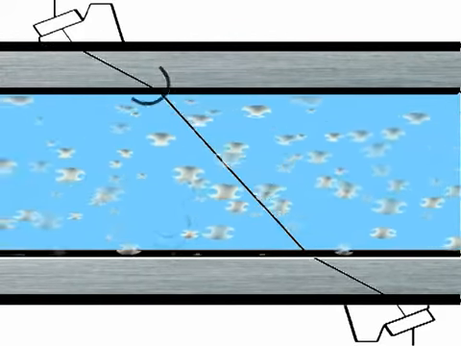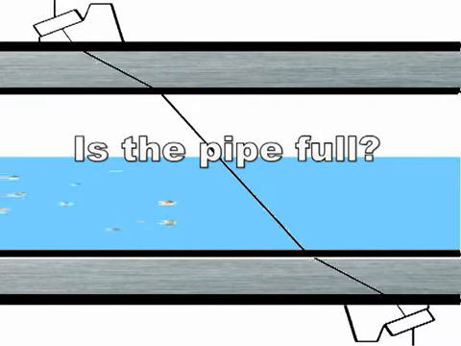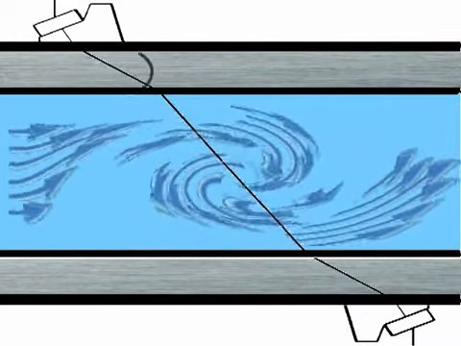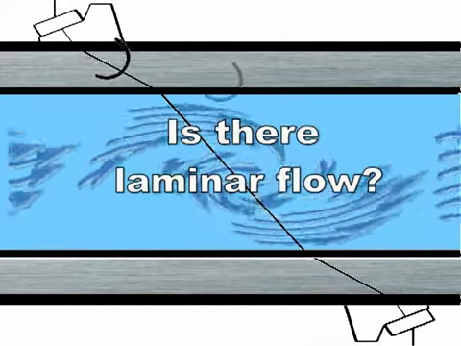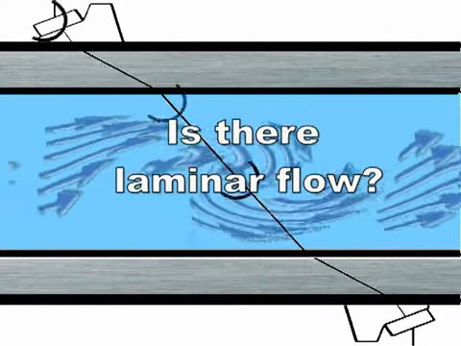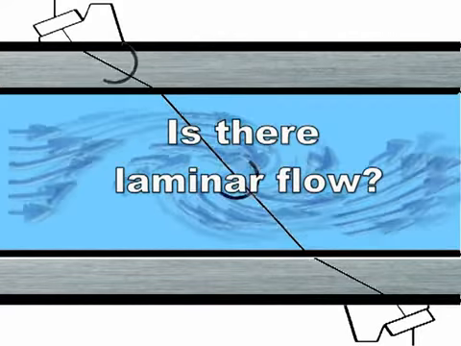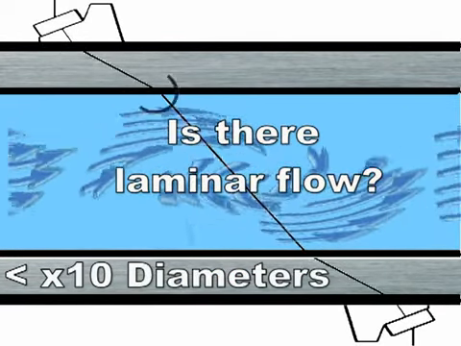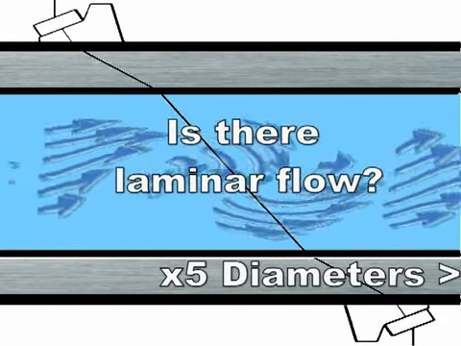Therefore, we need to know, is the pipe full? Excessive bubbles or particulates in the pipe will disperse the signal. Is there laminar flow? Because if it's very disturbed flow, again this will disperse the signal. Typically, you'll have laminar flow when you have 10 diameters upstream and 5 diameters downstream from the flow meter, clear